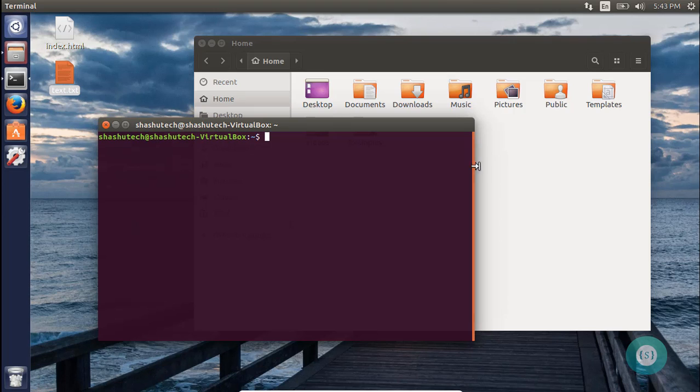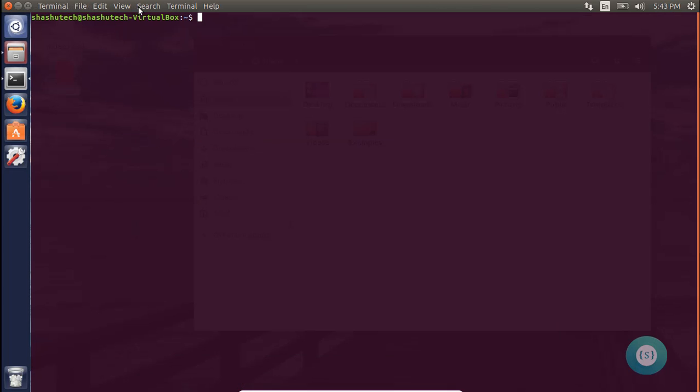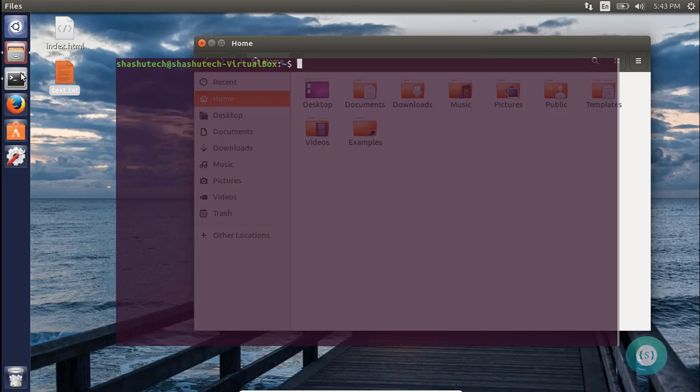So here let's first increase its size and increase its font size even. Zoom in. And I think this is good. Okay, so now